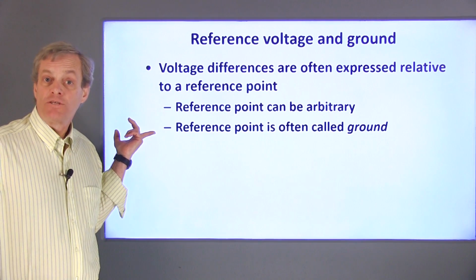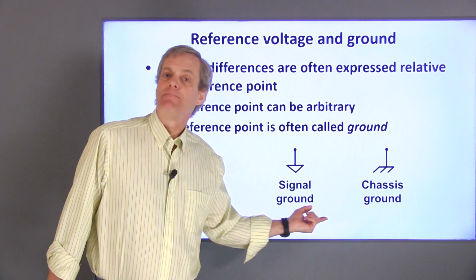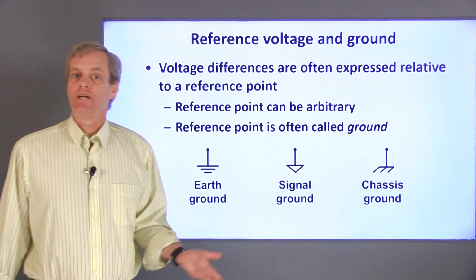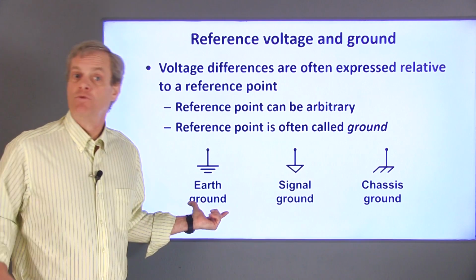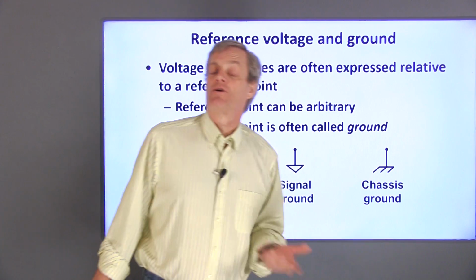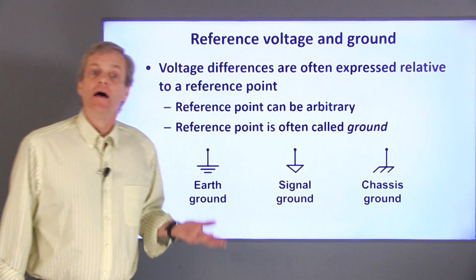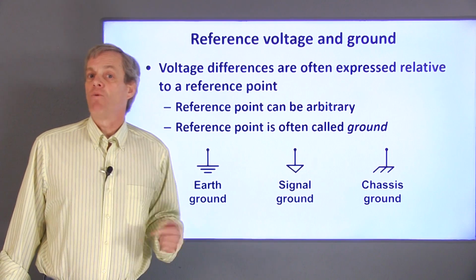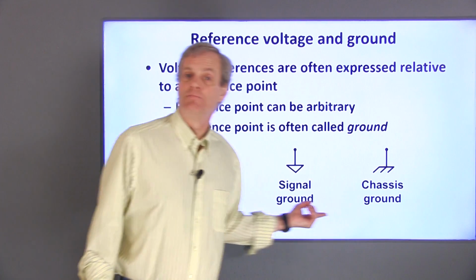Ground is a common reference point that's not arbitrary. There are several different types of ground, each of which has its own symbol. This is the symbol for earth ground, which is the voltage of the earth itself. Signal ground and chassis ground are alternate choices. Each of these has their own interpretation. The topic of ground is actually quite complex, but for this course, just assume that any of these symbols correspond